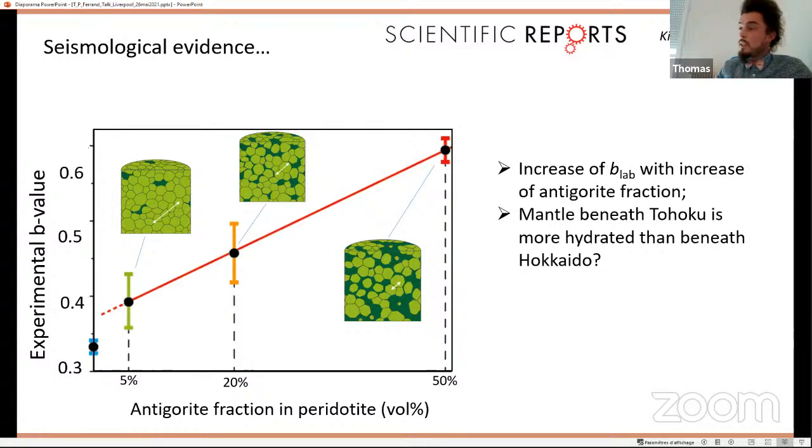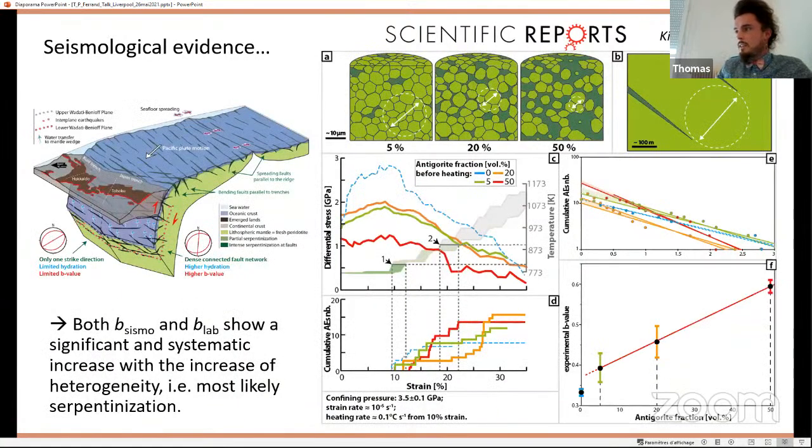So then, based on this, we speculated that this could be exactly for the same reason that we have this b value larger beneath Tohoku than in Hokkaido, and this is consistent with the existence of a denser network of serpentinized faults due to the difference in the angle of the subduction. So yeah,